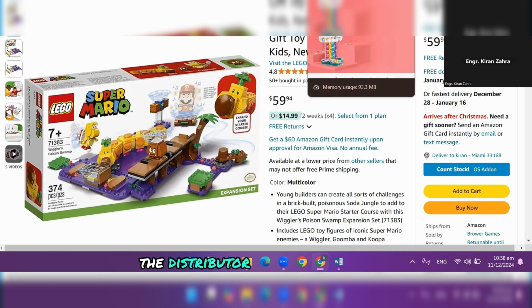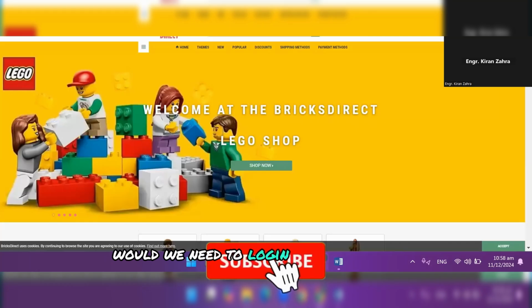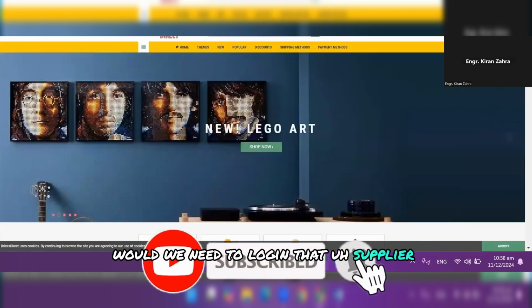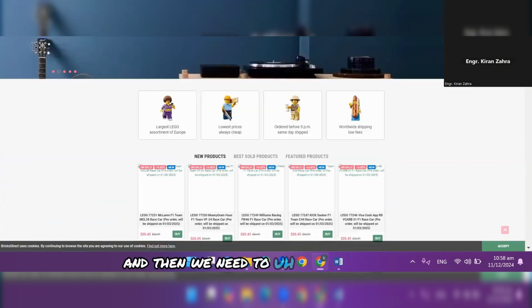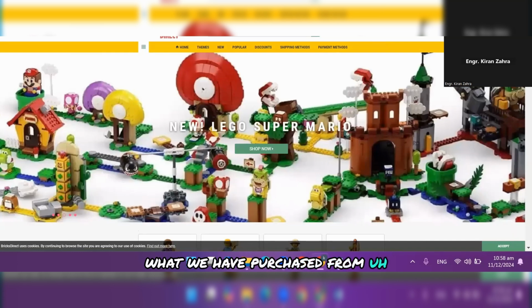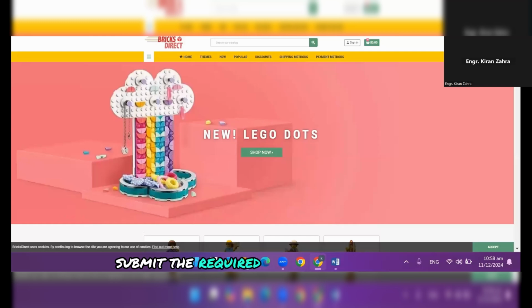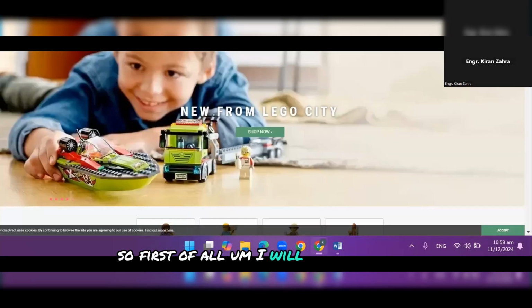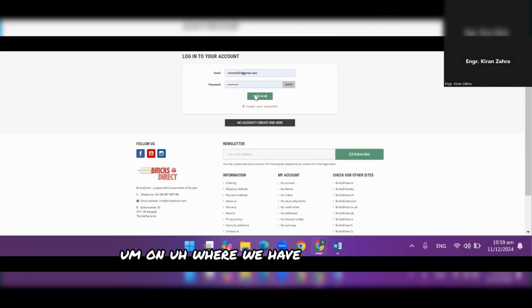First of all, if we are sourcing the product from an authentic supplier, distributor or wholesaler, we need to log in to that supplier's online portal. Then we need to show what we have purchased from that supplier and submit the required information as well. So first I will sign in to the account where we purchased the product.